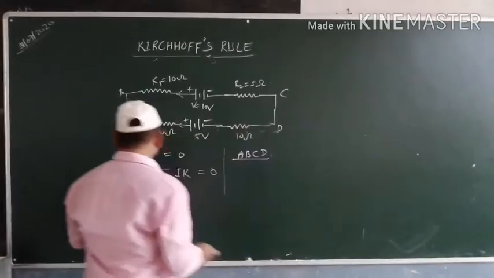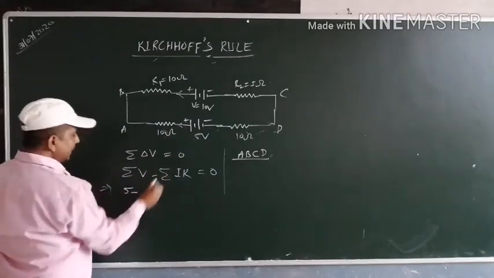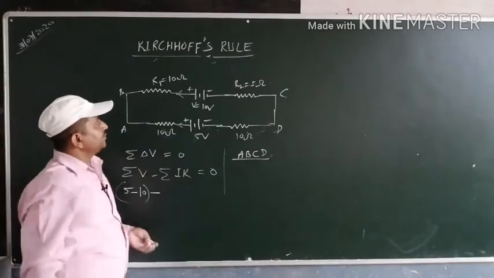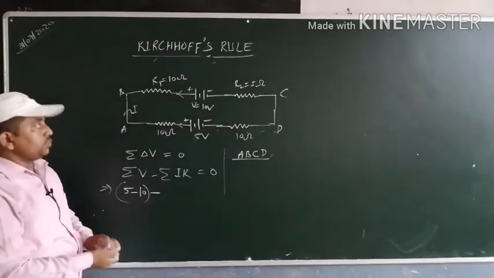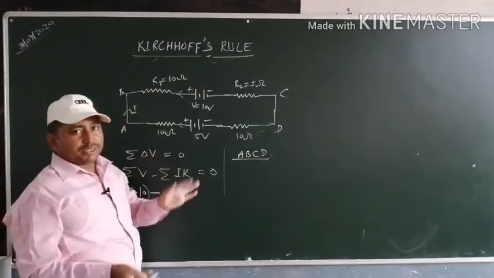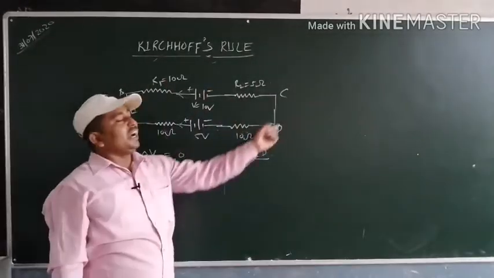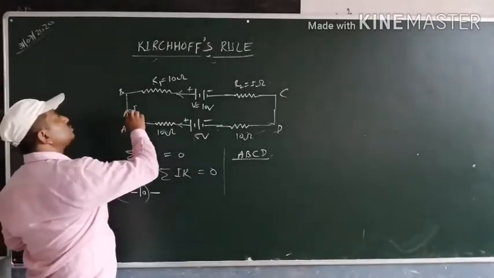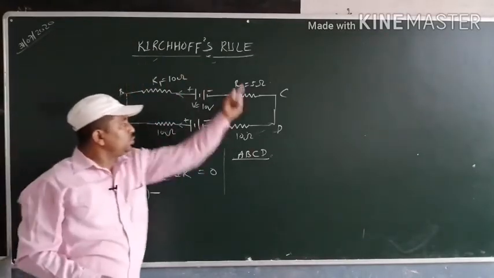So we can write it as sigma of V, that is 5, which can be taken as positive, and 10 taken as negative, minus sigma IR. Suppose that there is a current flowing across the loop. For example, if we take the direction of the current as clockwise, but as we know that the potential of one source is larger than the second, the net current will be in anti-clockwise direction. But suppose that for an instant of time the current is flowing in clockwise direction, then the direction of the current is along the direction of the loop acquired.